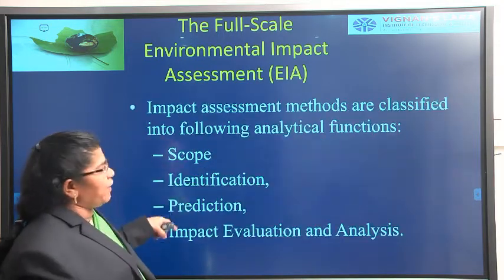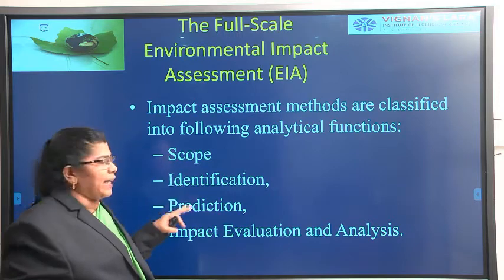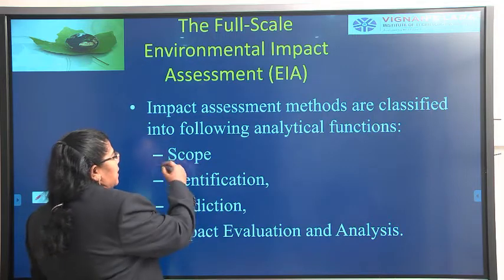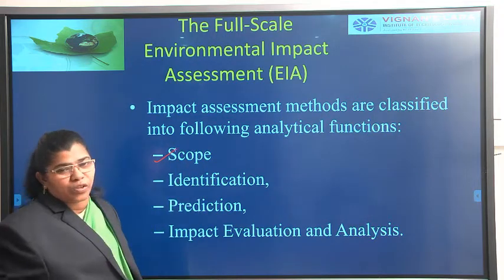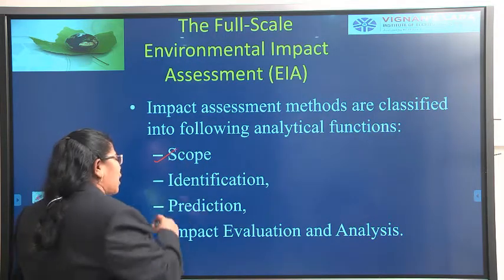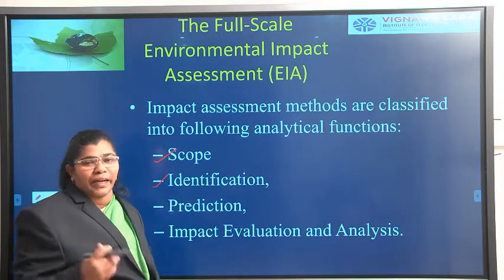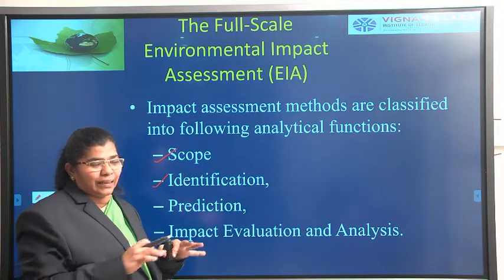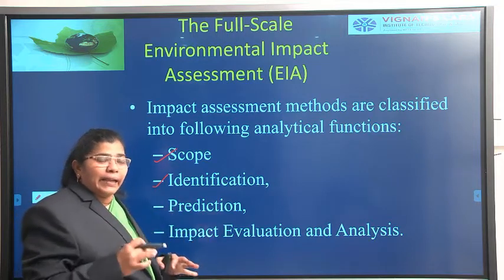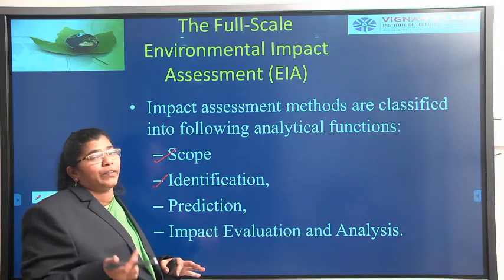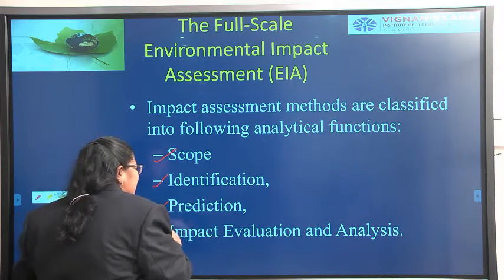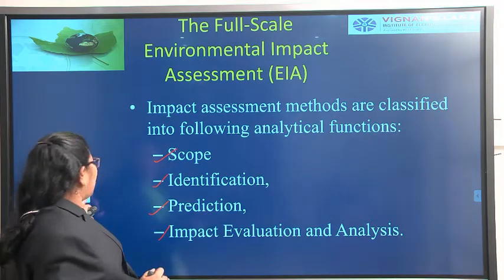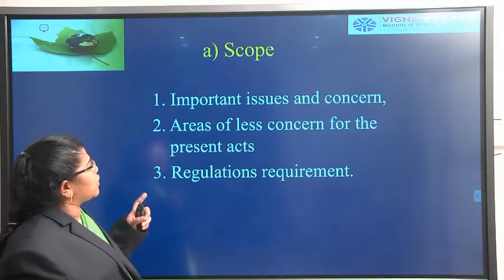Okay. So there are 3 functions of EIA. We will study these 4 things in detail. The first one is the scope. What is the scope of the EIA? Then how to identify it. After identification, how will you predict what things will come into this? These are the problems that may happen, how it will affect society, and how it can be rectified, that is prediction. And then the assessment and the evaluation, the analysis part, will be considered. First we will go in for the scope, right?